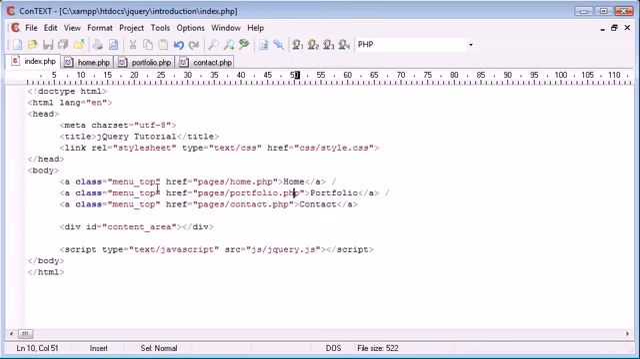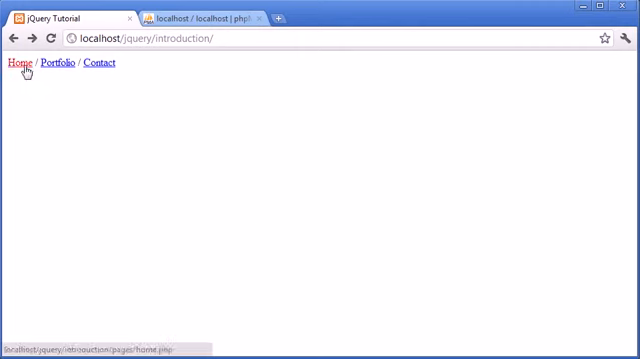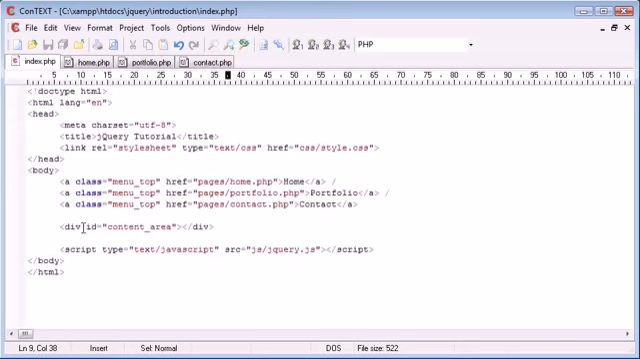Now we have all the pages set in the correct directory that relate to each of these links. So now when we click on them, we have the pages open like this. Now what we want to do is, as I said earlier, load them into this particular div that we've created here. So we want to load this href and this href and this href when it's clicked into this content area. And what I mean is the content